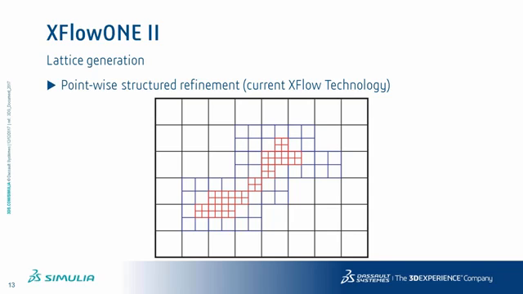And if you see this plot, you can realize that that's basically one of the cutting planes of XFlow, where you can see one of the domain slices. That's what we call a point-wise structure refinement. So we can refine our simulation, going from black to blue to red, discretization lattice size. But that is not optimal. It probably minimizes the number of elements, but in terms of performance, it's not the optimal